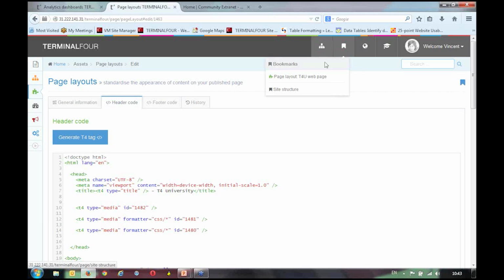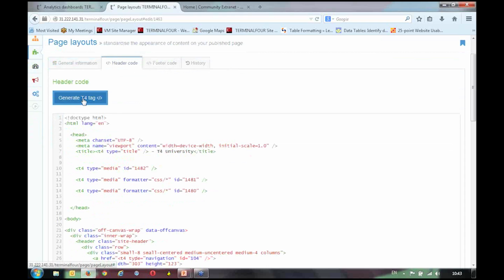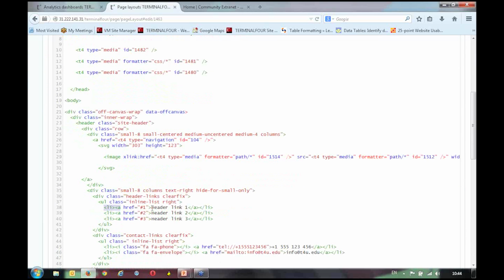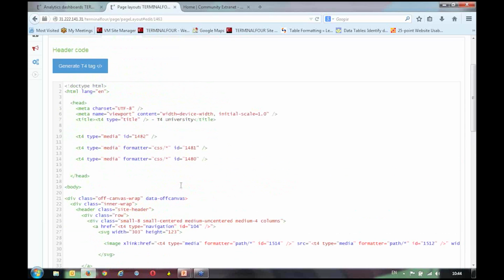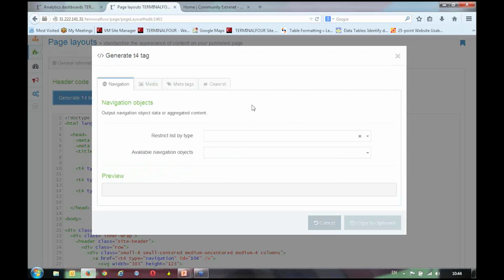This page layout is quite a useful one to demonstrate, so I'm going to bookmark it, and you can see it gets added to my bookmarks options. Next thing to look at is the new generate T4 tag, which is where you build your T4 tag. Let's imagine in my header I'd like to put in, and down here I have some hard-coded header links, I'd like to replace that with a